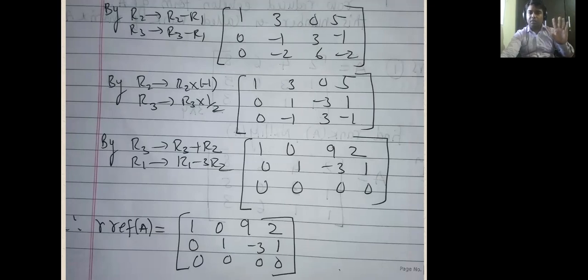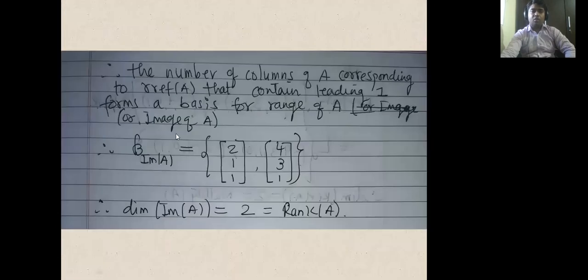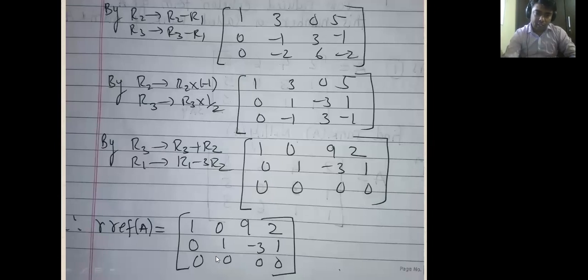Okay, so it's a simple method. It's not that great. Okay, so the number of columns. Now what I will tell you to do is, we will compute the basis for the image, as we did in the linear transformation. We'll find the basis for the image of this matrix, and from that we will conclude the dimension of the image, and the dimension of the image will be the rank of this matrix. But directly from here also you can say the rank is equal to 2.